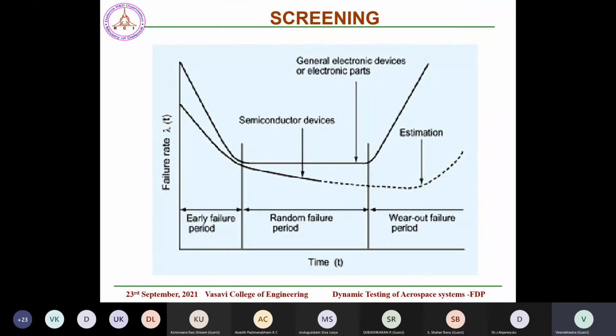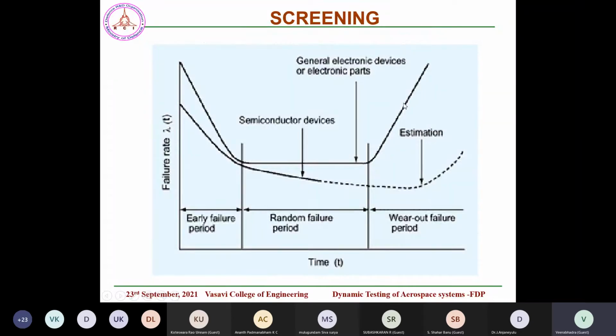Before going further, I just wanted to explain what screening means. Generally, when we have a new design of any component, initially there are a lot of failures. That is what we call the early failure period. This curve is called the bathtub curve. It shows failure rate versus the time of usage. After some time, the failures stabilize and the number of failures comes down, and then failures are only due to random failures or fair use. And again at the fag end of the component's life, you see failures increasing due to wear and tear and other issues.